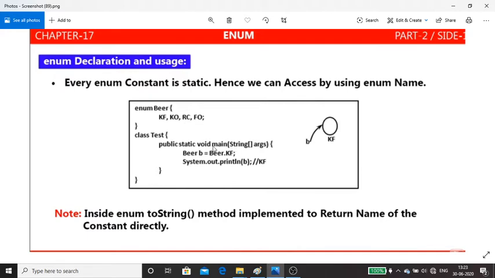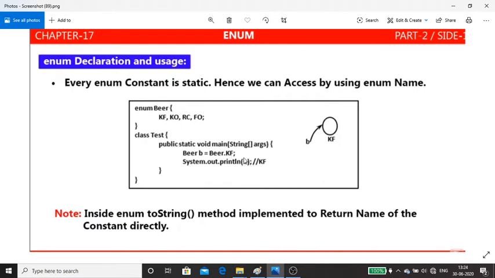Now this is going to become an object. If you want to refer to it, I need a reference type, and the reference type should be of type Beer, because this is of type Beer. That's why we write Beer b = Beer.KF. If you write System.out.println(b), you will get the output KF. Even though this is an object, why did we get KF?